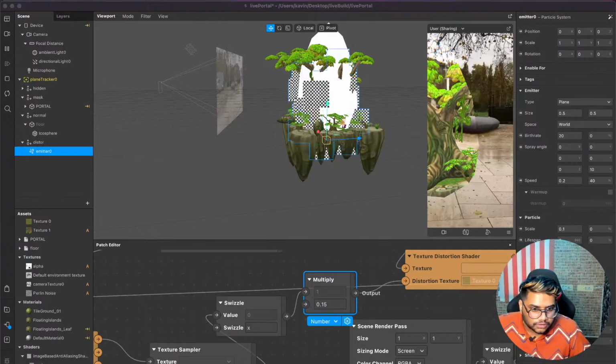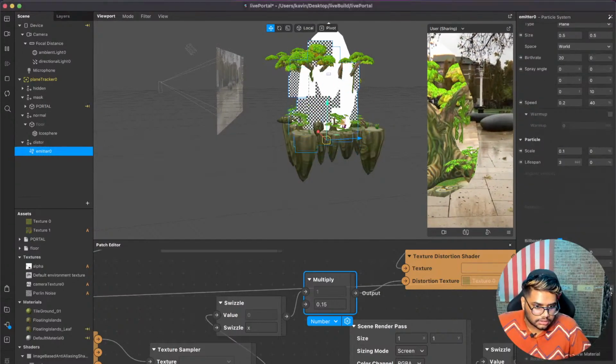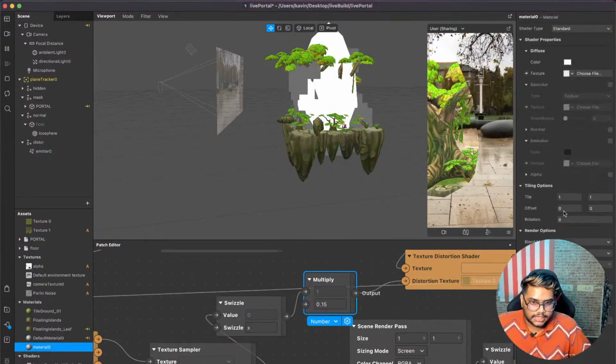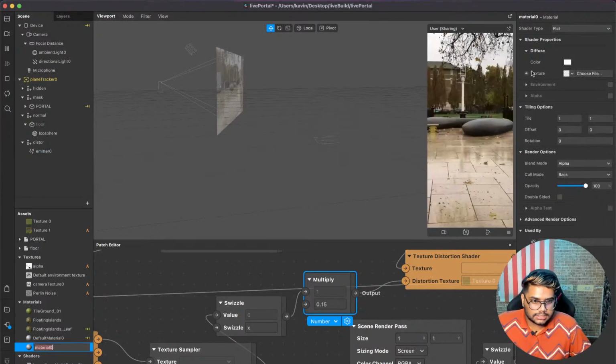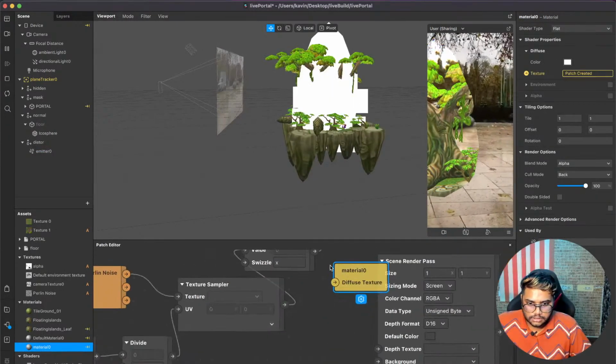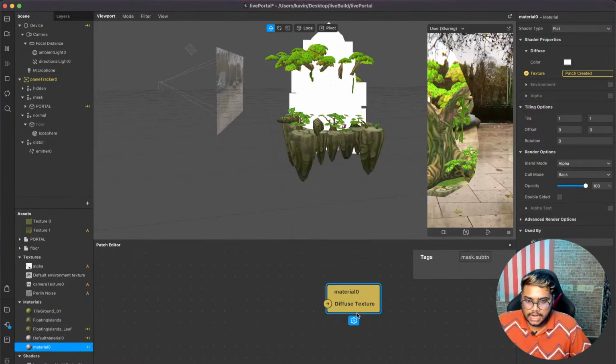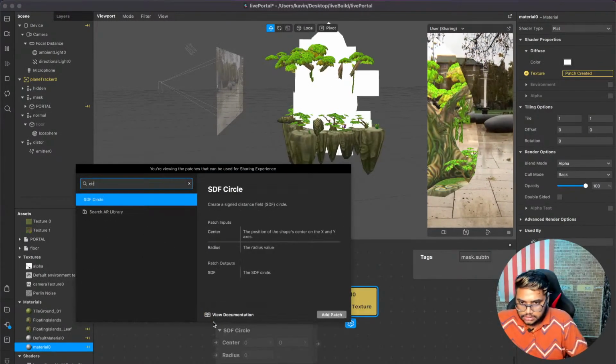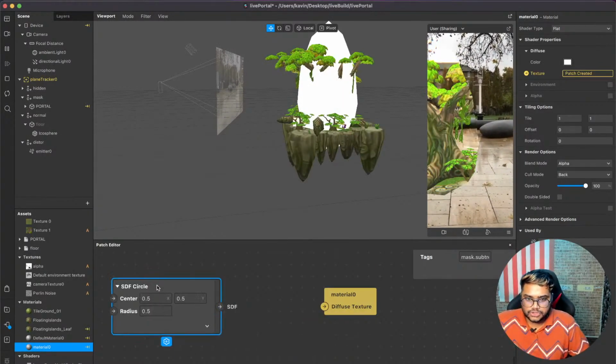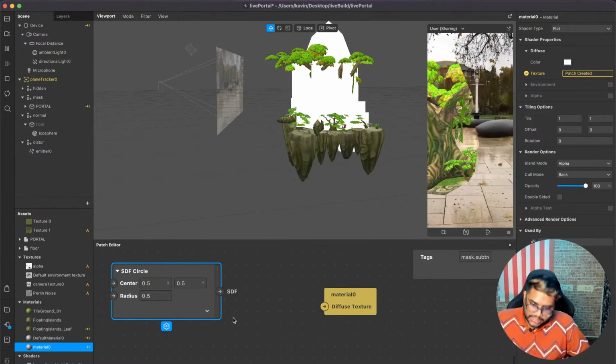Now I'll go for the texture. I'll create a material, get the material, and create an SDF circle. So what we are doing is that we are going to create,